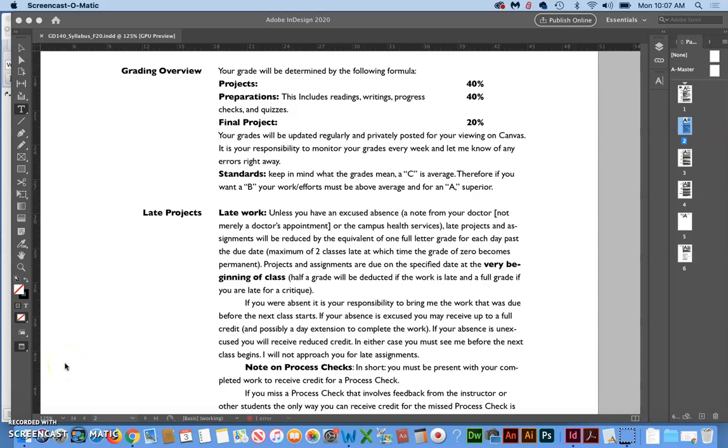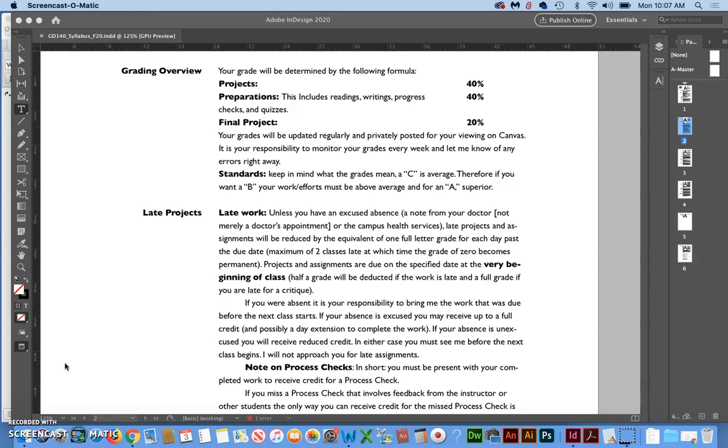I did not like it when I was in a college class and I had no idea what my grade was until well into the class. So I'm very good about getting your work graded and the grades input into Canvas in a timely manner. It's rare that you would complete an assignment and not either have it returned to you or have the rubric filled out online within 2 weeks, often much quicker. Let me know about any mistakes in the grade as soon as possible.